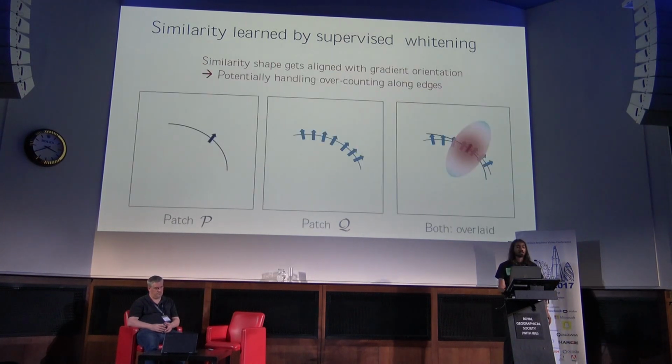So what does this mean? Let's say I have two patches, patch P and patch Q, and a black pixel in patch P, indicated with a black arrow, lying on this edge. When we try to compare these two, if we use the normal match kernel, it's going to count every pixel against every pixel of these two edges, which means that it's probably overcounting. But in the case of the learned kernel, because of the shape of the kernel, firstly it prevents this overcounting, and secondly it gives us a little tolerance of translation in the direction perpendicular to the edge.